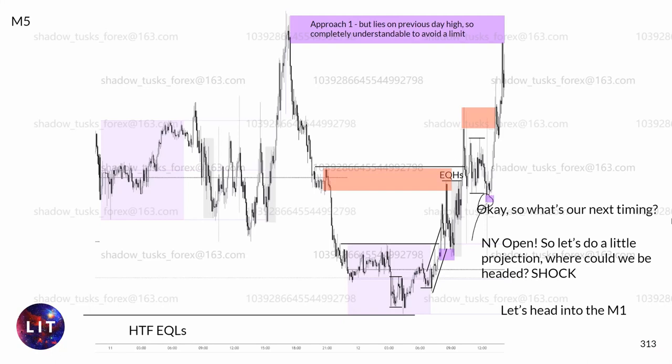We induced that during MM2. Lovely vectors into our POI. We spoke about why this becomes an SMT. Should all make lots of sense. And then what do we have? Realistically, this is not an approach one that you're going to take. Completely understandable to avoid the limit. Why is that? This lies on previous day high. But just because it lies on previous day high does not mean that if we have other confirmations, we cannot take this trade. So let's head into